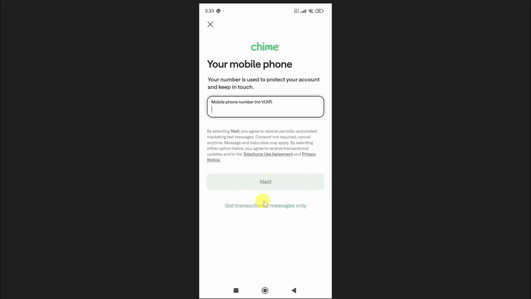Now they will ask you to add your bank account. So simply enter your bank account details and then link it. So once you have done all of these steps, your bank account will be